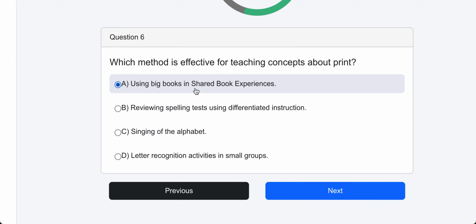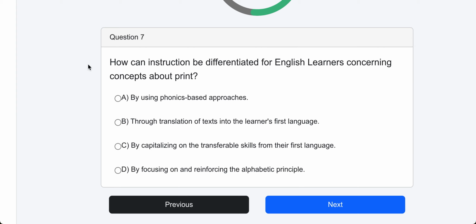Notice how we have capitalized this. This is an effective instructional strategy. If you receive a question on test day about teaching concepts about print, make sure to look for shared book experiences. Moving on,